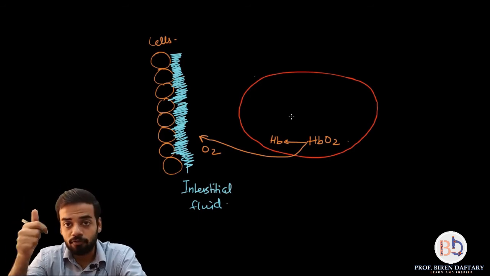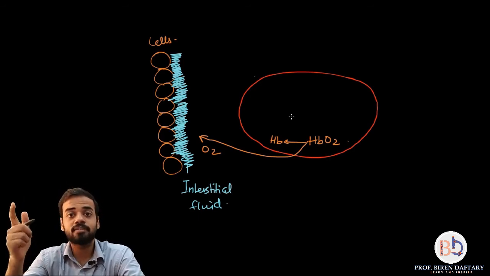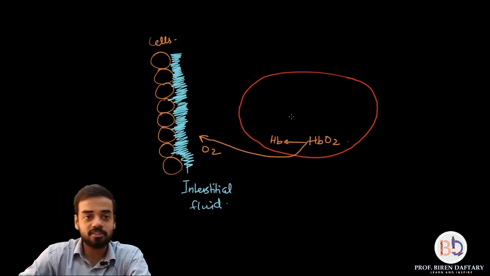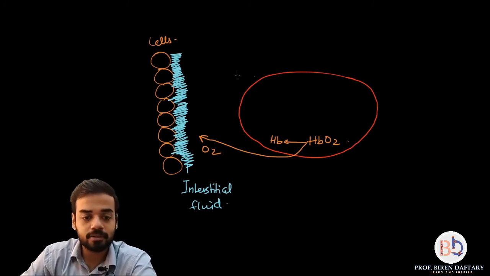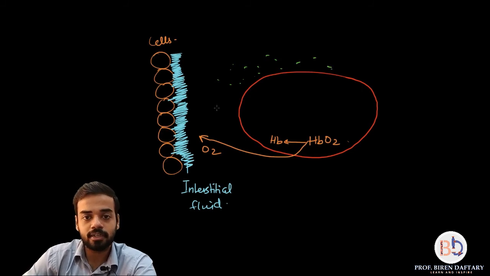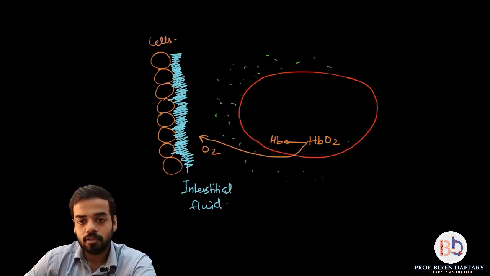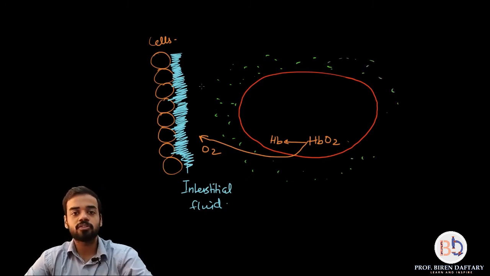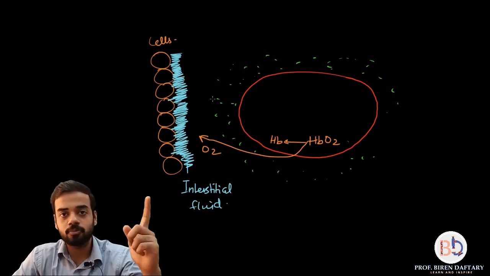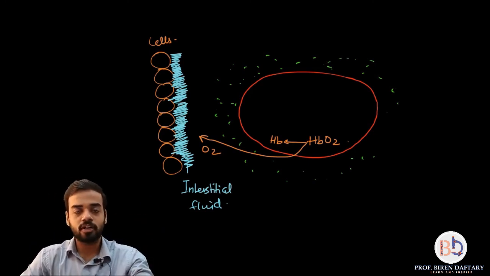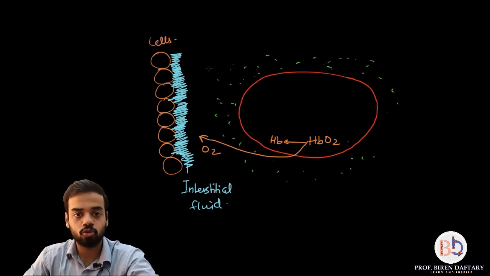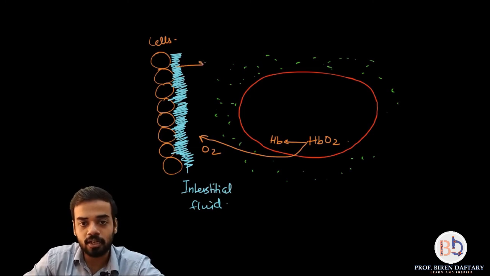Okay, now we have to show transport of carbon dioxide. Three methods. First method is dissolving in the plasma. So just imagine that this entire area is the plasma, correct? The area which I have shaded in green. So the first method of transport is through dissolving of carbon dioxide in the plasma. Now I am going to show that carbon dioxide is released by the cells, correct?